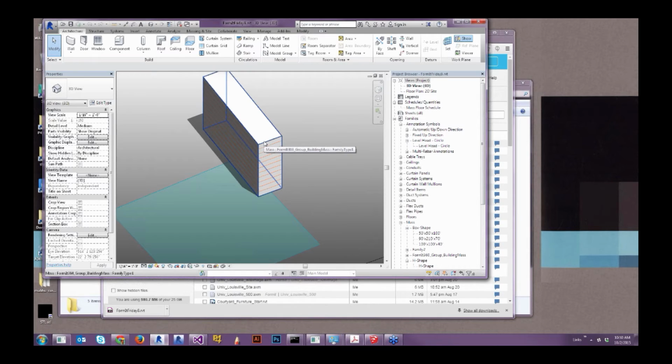It's pretty neat that if I hover here, you can see some information about it. It's of the mass category, and it remembered the name that we gave it. We gave it the name building mass. So that's kind of a clue for some neat things you can do in making the connection between Formit and